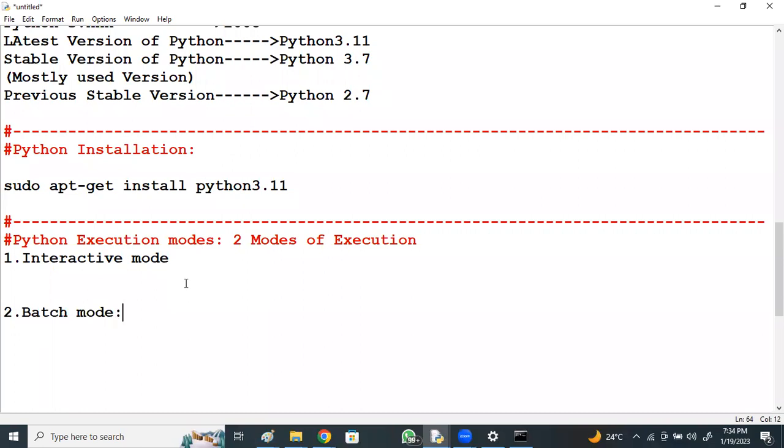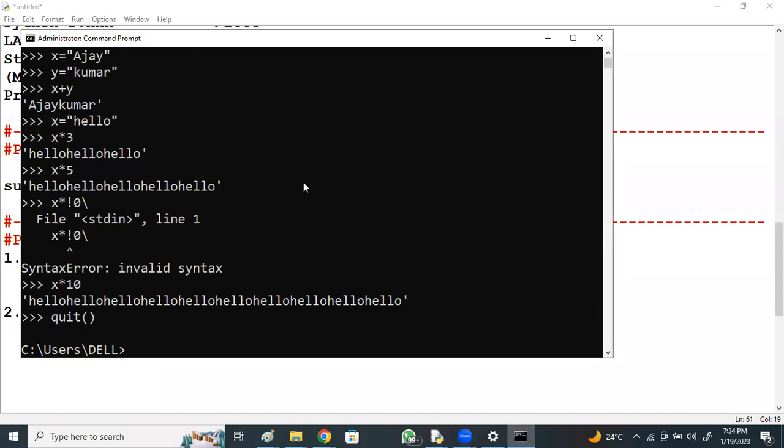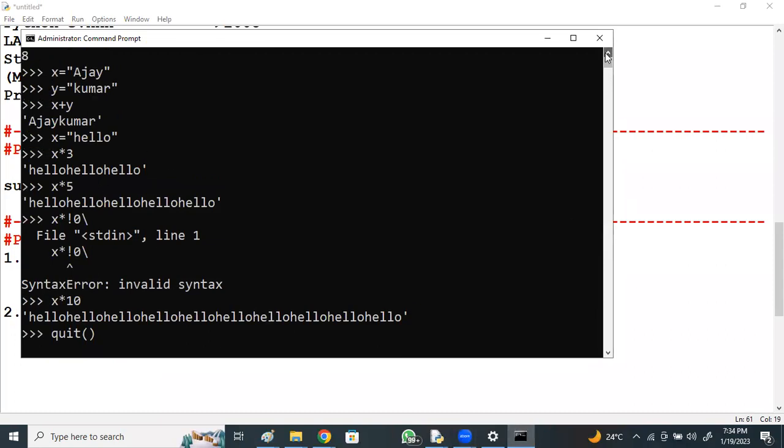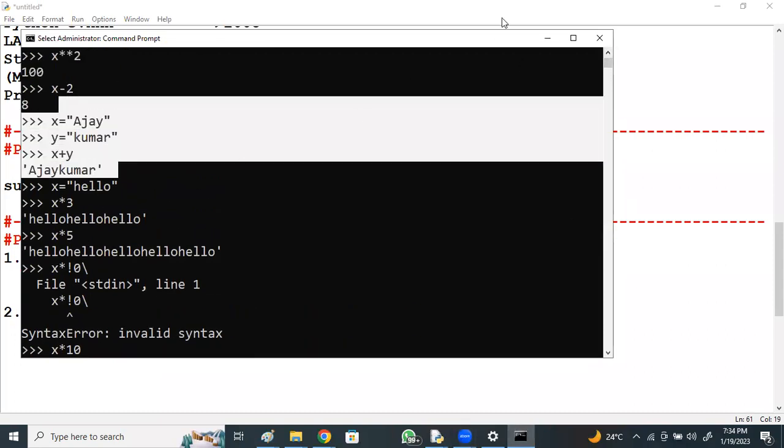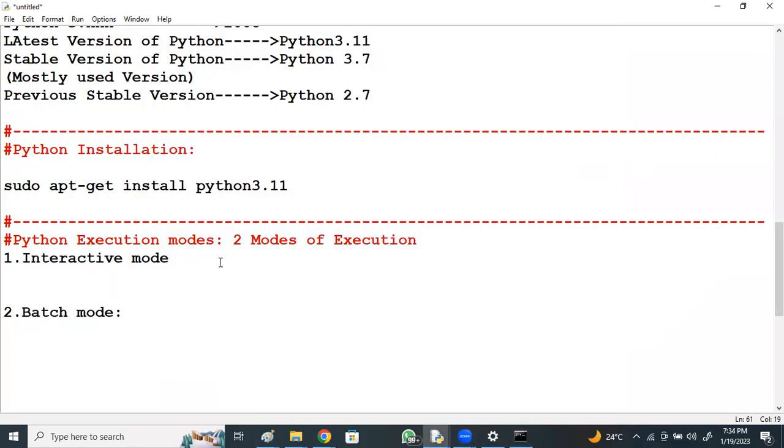Interactive mode means we want to interact with Python statement by statement. I want to check for every statement what the output or the result is, right? This interactive mode is not for developing applications, just to test the functionalities of Python. And for learning Python as a beginner, this interactive mode works better. Statement by statement, you are typing and interacting, and it gives a response.